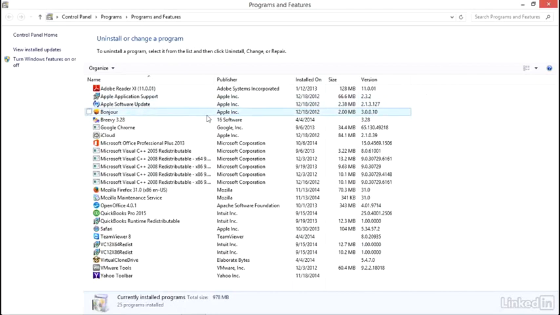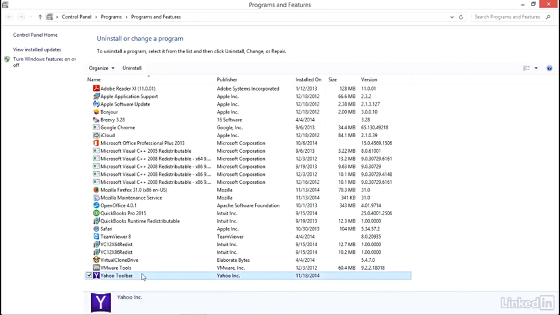If you don't know what a program is, you won't want to uninstall it, but this is a good opportunity to see if there's any search tools or web browser toolbars that you didn't know were on your computer. For example, here I can see the Yahoo toolbar. Maybe I used to use this, maybe it got on my computer in some way that I didn't know how it got there. Whatever the reason, I'm going through this list now once a quarter, and I'm going to clean